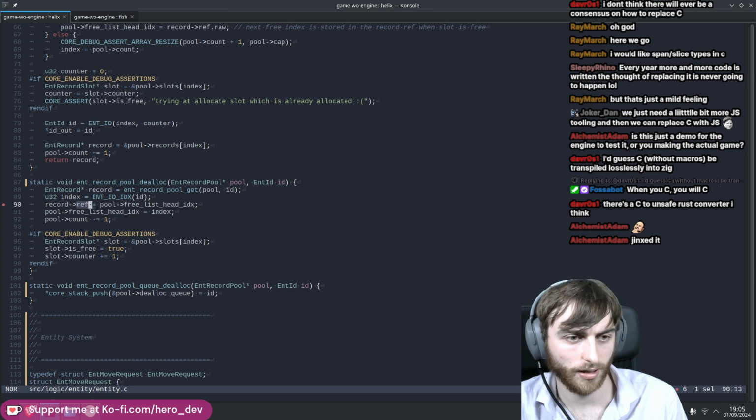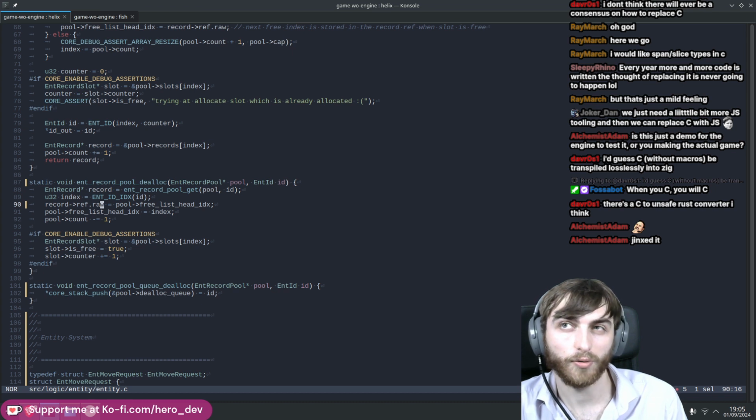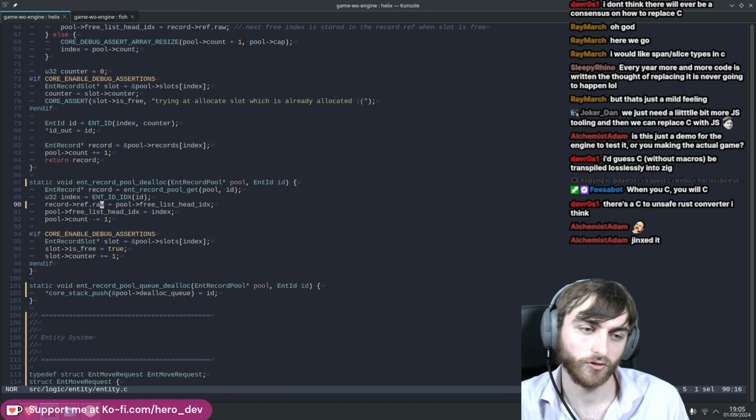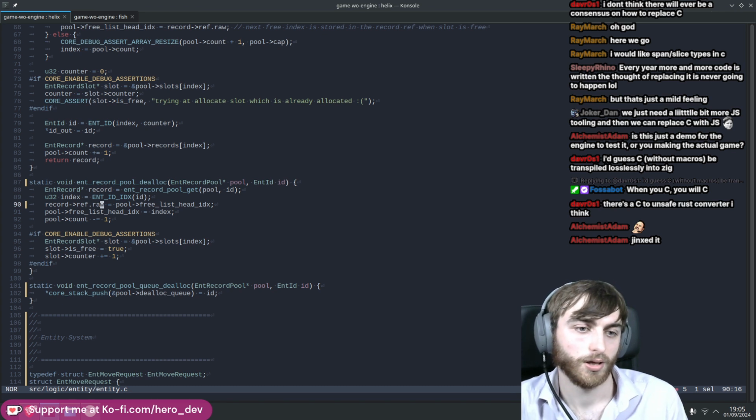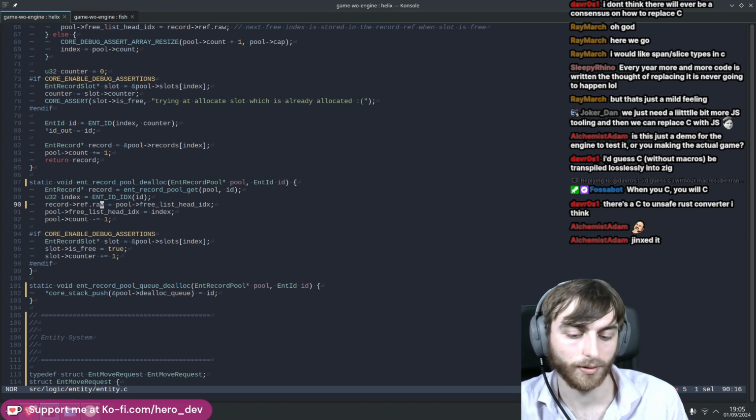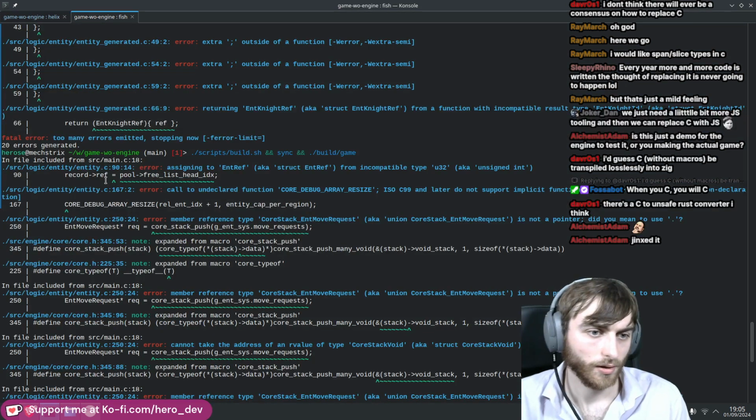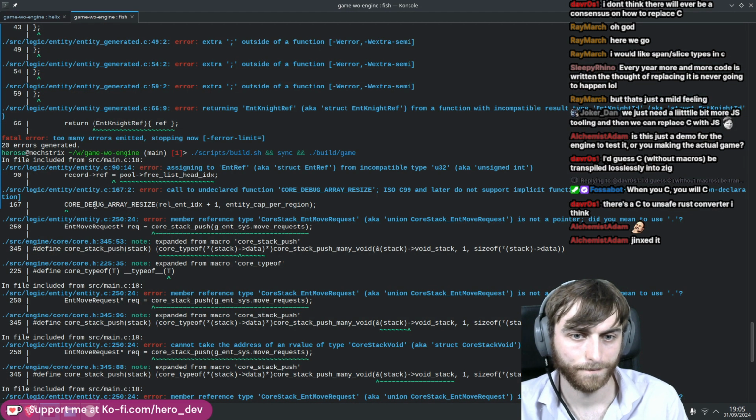Right, yes, when we deallocate, we're storing it in there. It's a wraps type now. So a reference is not just an index, but in our pool allocation, we're using that field to store our linked list of free elements. That's what that one is. Debug